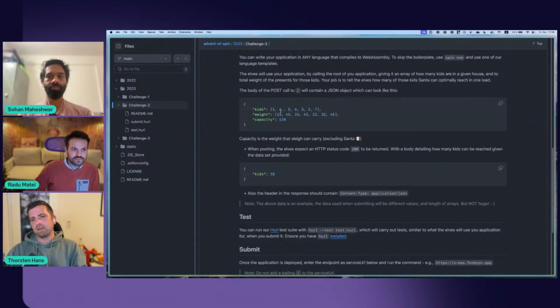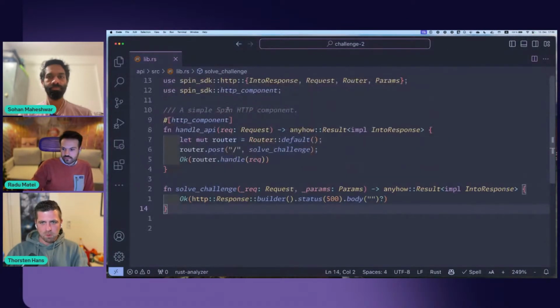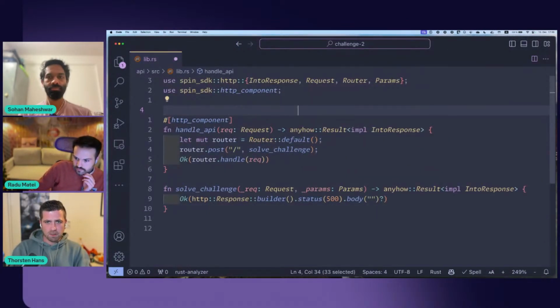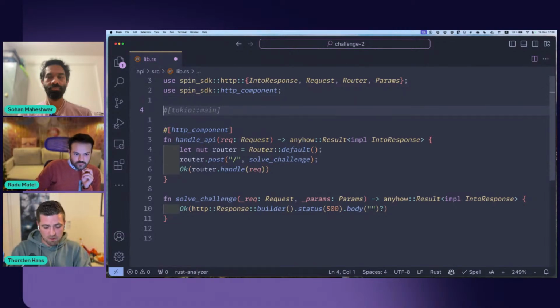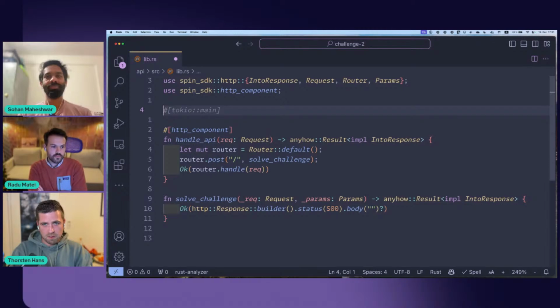I would expect them right now to be regular unsigned integers. So we have kids, weight, and capacity. Let's go there. And we're just doing that in one file, although we can split and use multiple Rust files. Obviously, I will keep things simple for now.